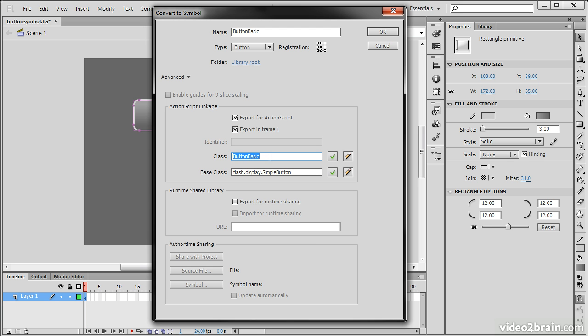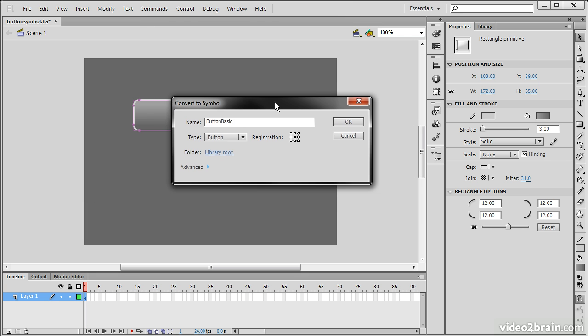So we have to give this a class. So immediately it just inherits the symbol name as its class. And we have to define a base class. The base class is what our class is going to extend. So this base class is flash.display.SimpleButton. We can also export this for runtime sharing if we want to, and provide a URL to that RSL file. Runtime shared libraries are used to share assets across different Flash projects. So we don't actually want to do any of this for this example,